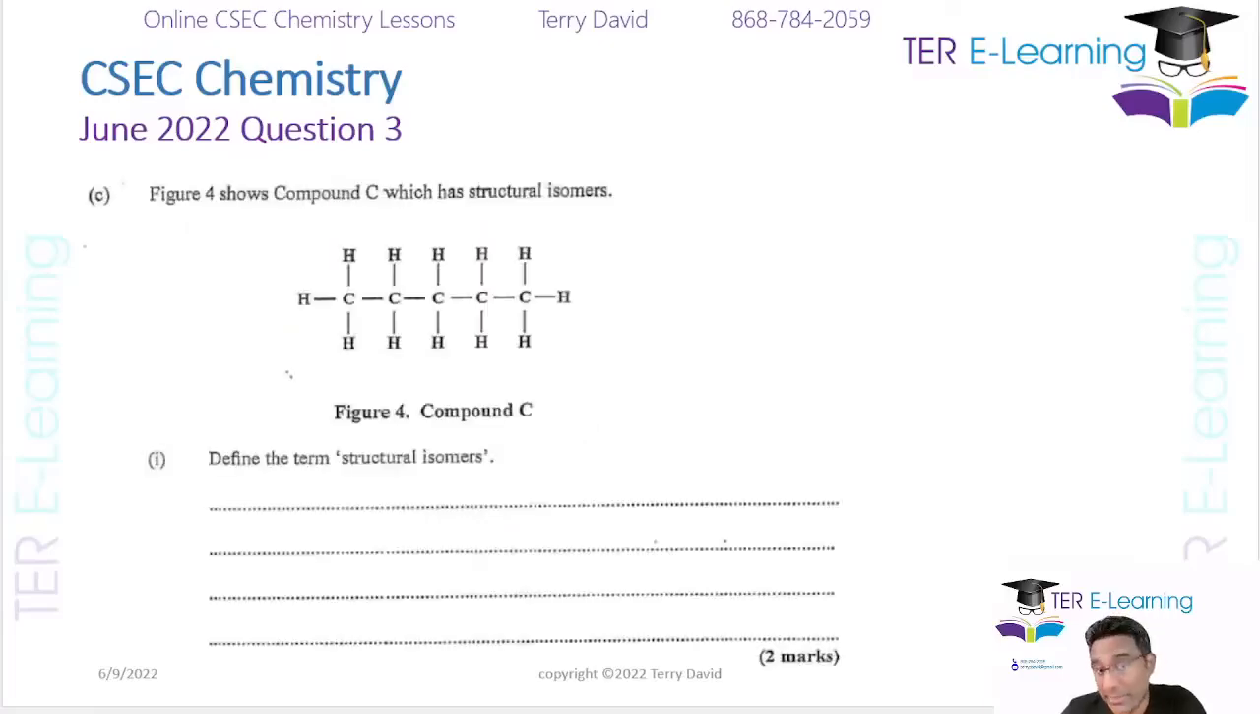Alright, so we're still on the question. This part C now. Figure 4 shows compound C, which has structural isomers. So this compound here is an alkane, because there are no double bonds, but they want us to define structural isomers. So structural isomers